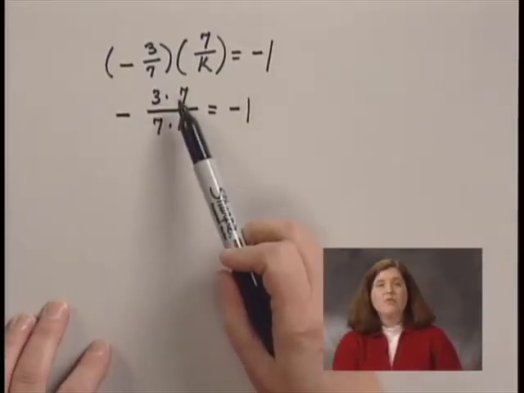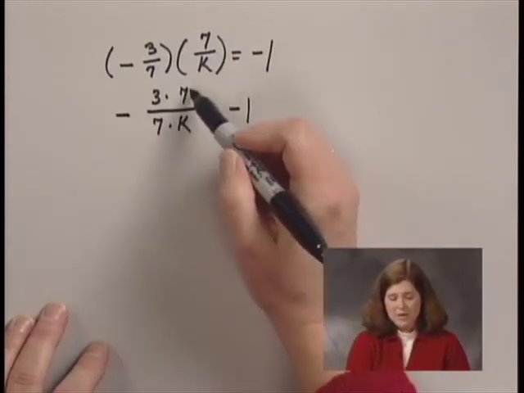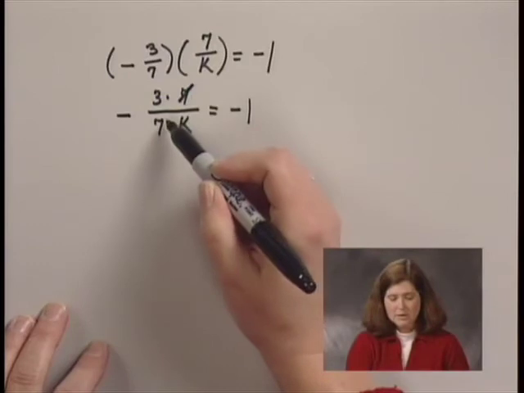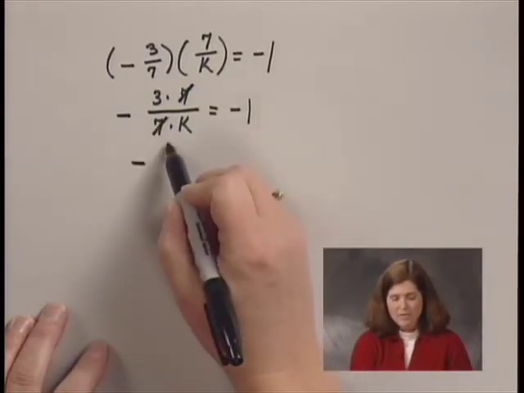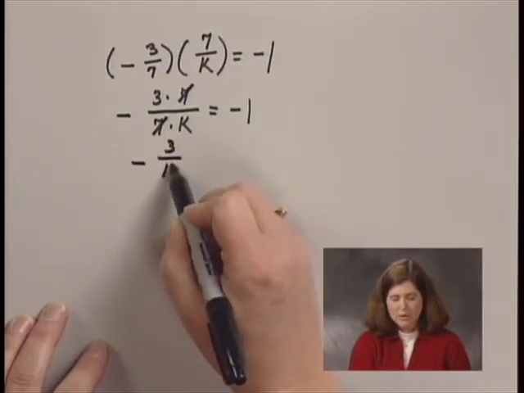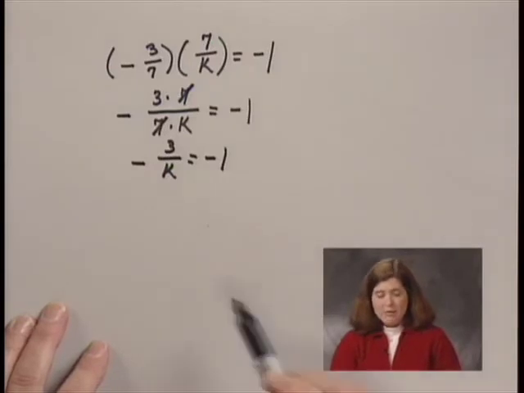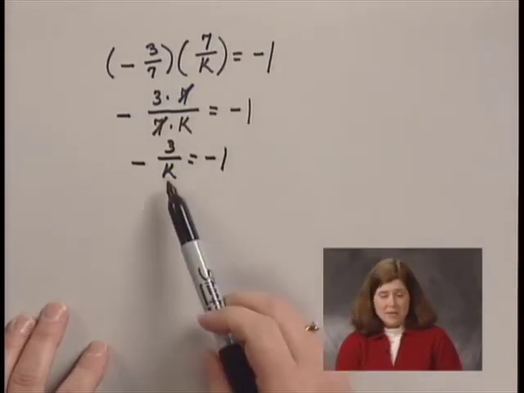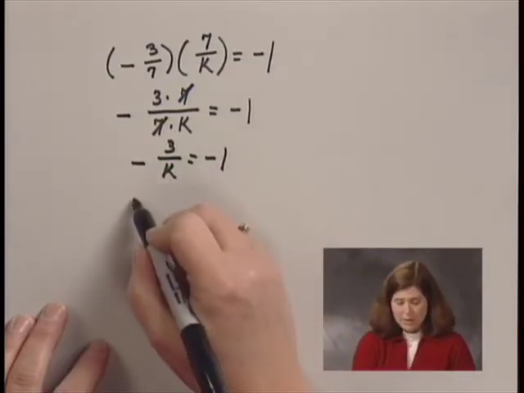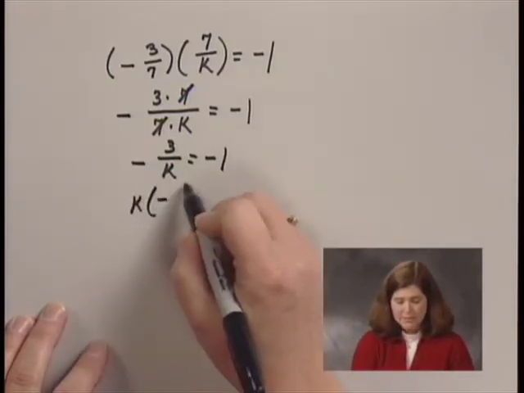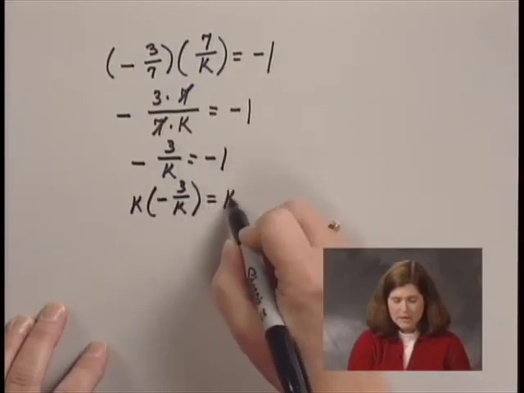Now, since we have the numerator factored and the denominator factored, and they contain a common factor, we can cancel those factors of 7, and that leaves us with negative 3 over k equals negative 1. Now, if I multiply both sides by k at this point, I will no longer have a k in the denominator. So I'll multiply this side by k and this side by k,